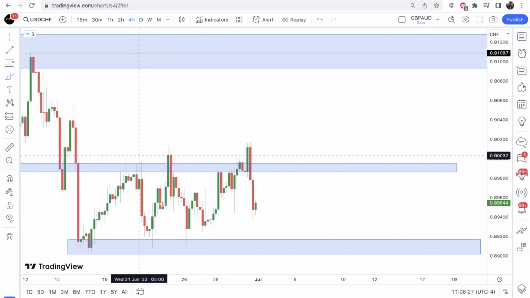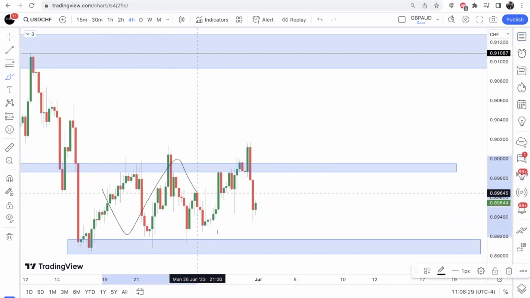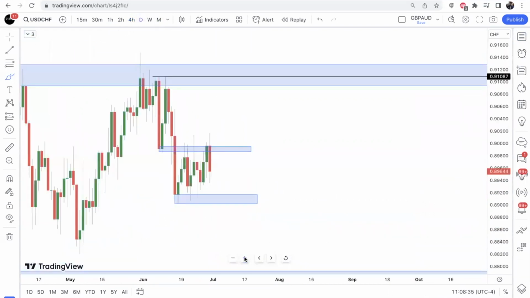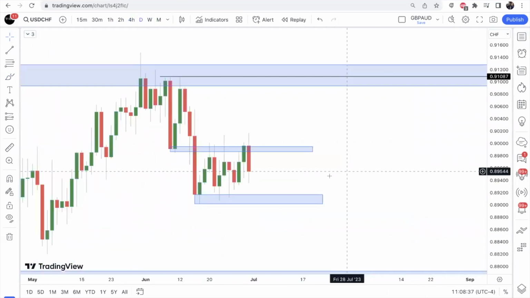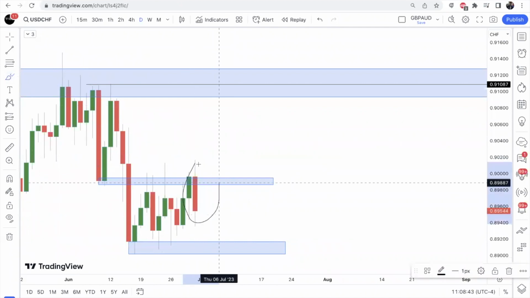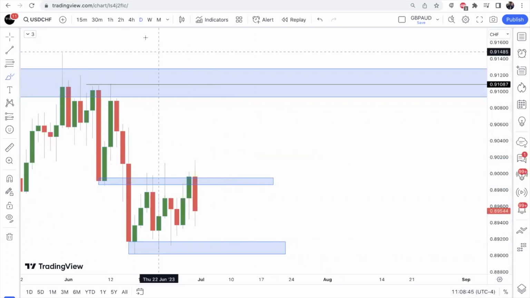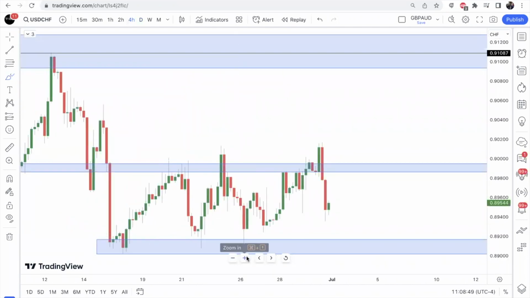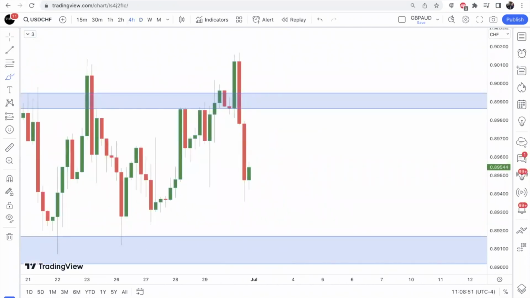USDCHF has been ranging here, right? We're in this range, all right, because the dollar's been pretty much ranging. But if we look at it from this perspective, the dollar just ended the week bearish on the daily and the 4-hour. So USDCHF did the same thing. So here on the daily, we got a bearish engulfing. All right. So this is a range, but the way it's looking now, I would look for another drop to the bottom of this range.